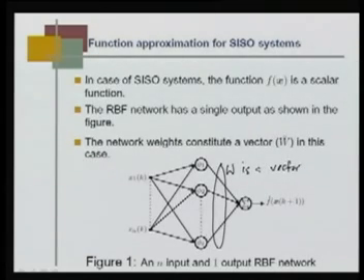That dimension is L into 1 dimensional vector w. So, in case of single input single output system, the function f(x) is a scalar function. The RBF network has a single output as shown in the figure. The network weights constitute a vector w hat in this case,